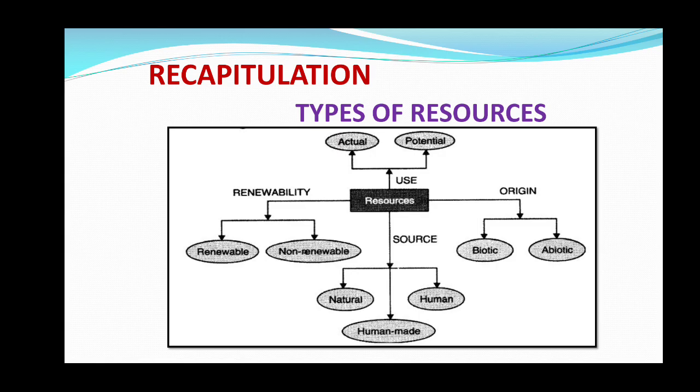Okay, what are the types of resources we have seen? There are three major types: natural, human made, and human resources. I already told you that human made resources and human resources are different. They are not the same. Today we will see natural resources first. Okay,